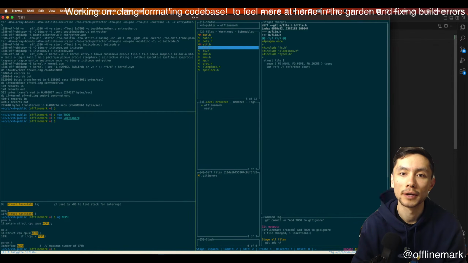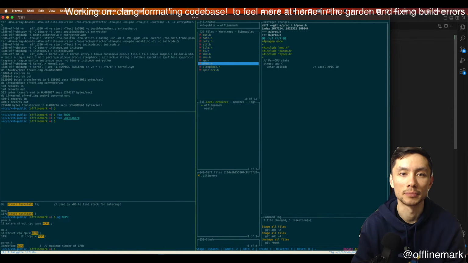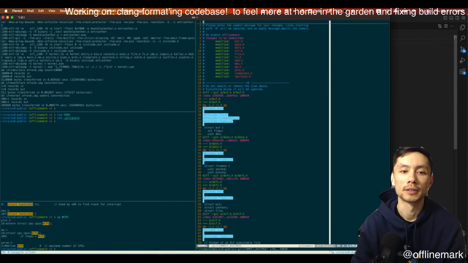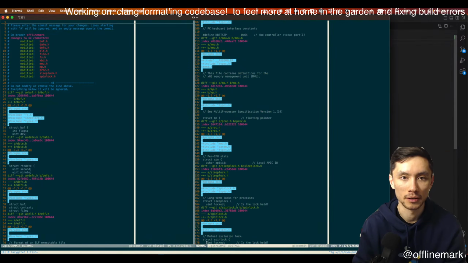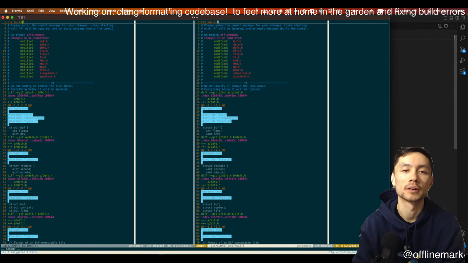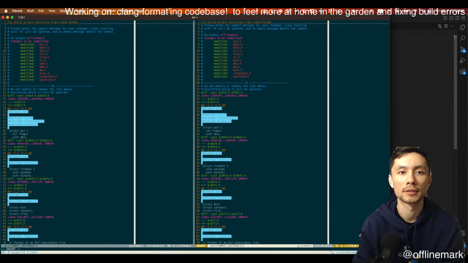Okay. Great. I think we're in good shape. And let's, okay, what is the commit message here? So we are: fix build errors resulting from Clang-format.